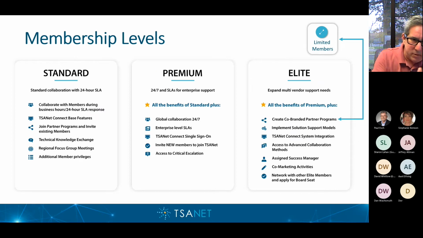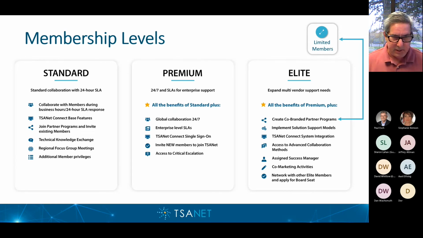We've got a standard level of membership. What's important to capture is that in any of these levels, you're coming into what we call a many-to-many or open group relationship. There are differences between the standard and premium levels. They have to do with the SLA I talked about for acknowledging that ticket, such as 24/7 or global requirements at the premium level. But what you should understand is you're coming into this many-to-many group, and if a company is already part of this group, you've just established a relationship with them. There are 80-plus companies that are part of this.